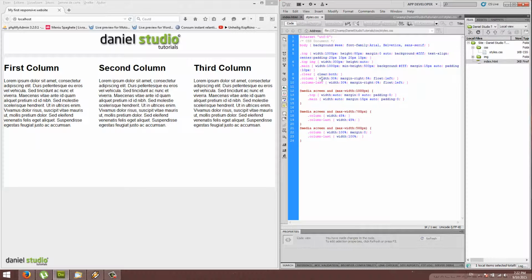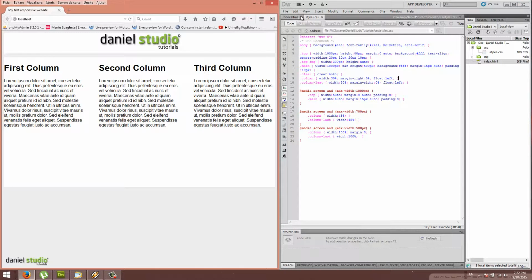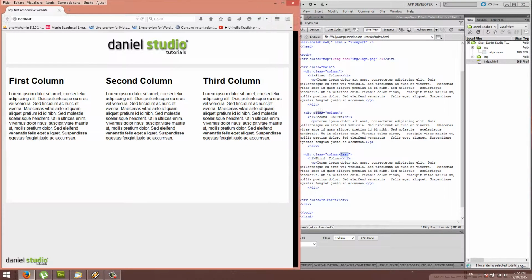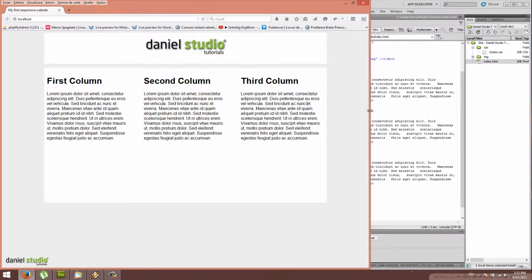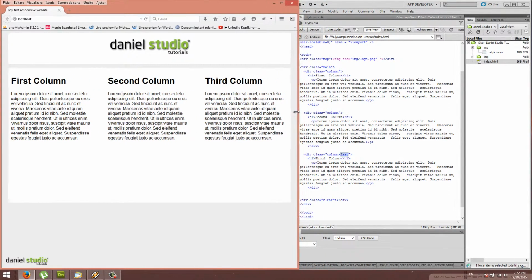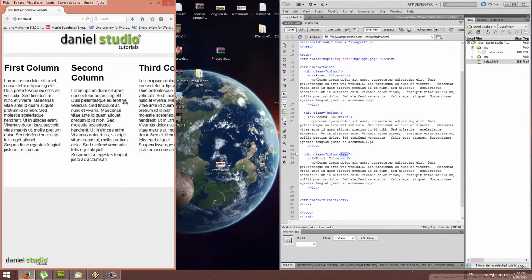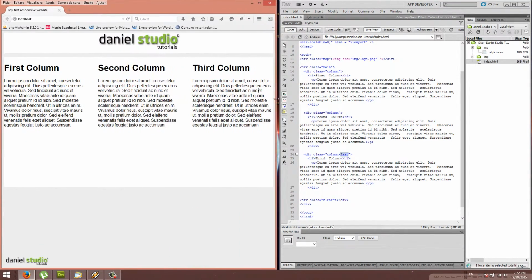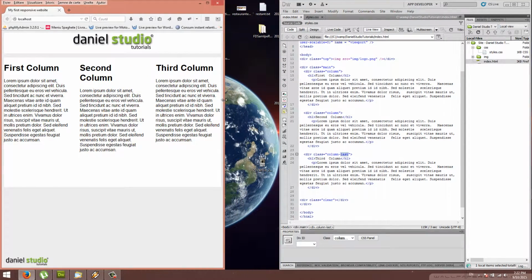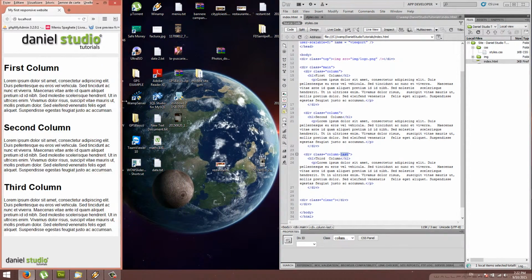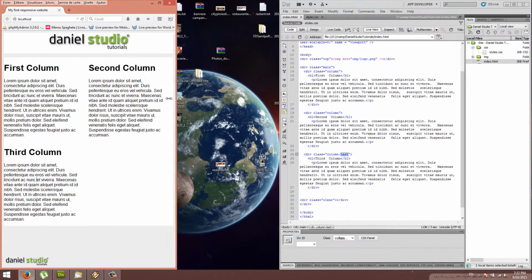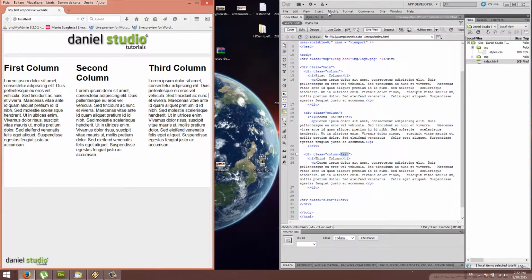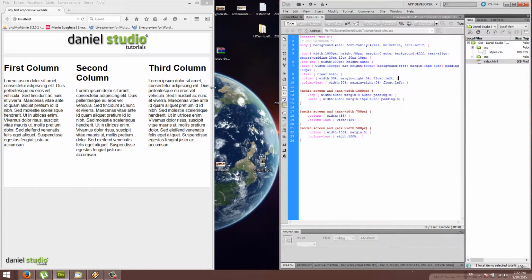So the first thing with the responsive layout is that the responsive layout resizes our layout just as much as it can for the browser window. So if I resize my browser window, the layout will go with it. And for a different browser width, I have different style sheets for it. For example,